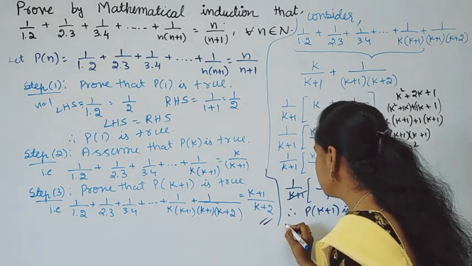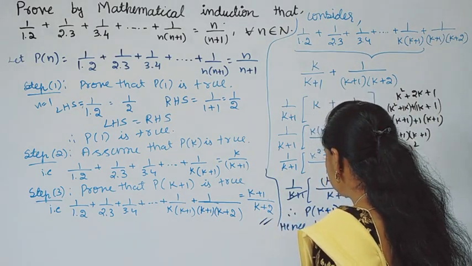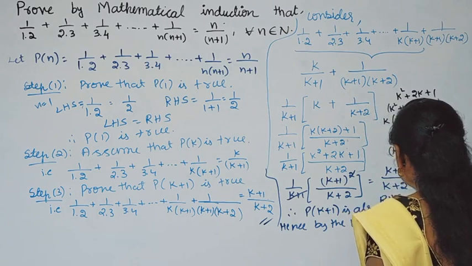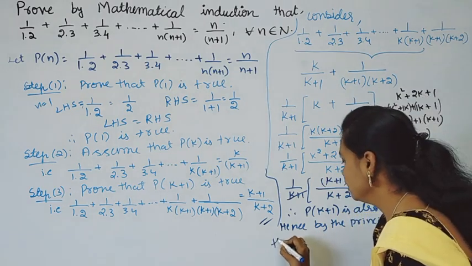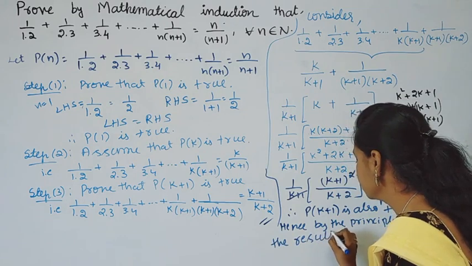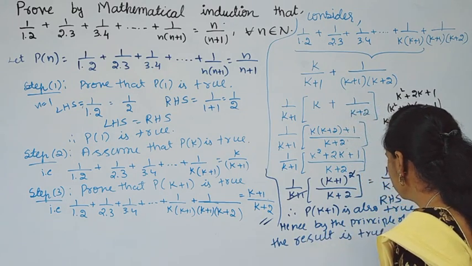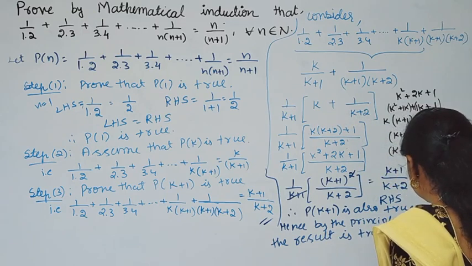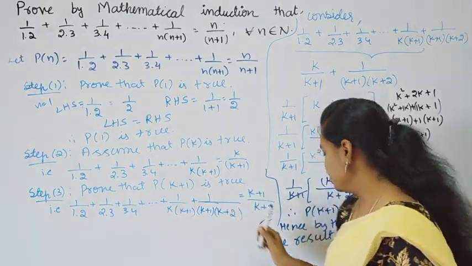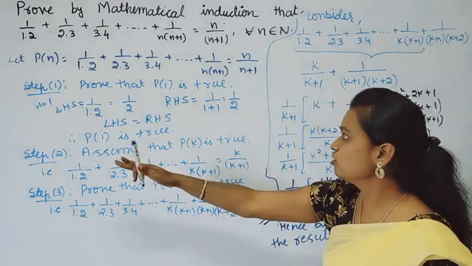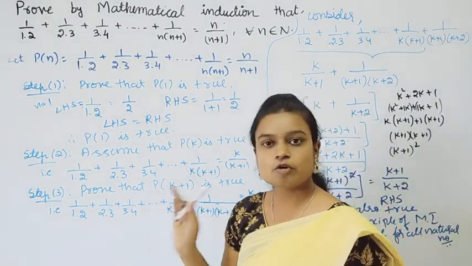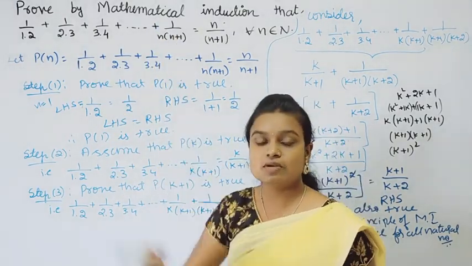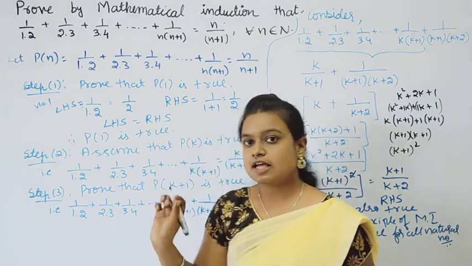At the last you must write: hence, by the principle of mathematical induction, the given result is true for all natural numbers. Understand? You must write this sentence at the end. You must follow all the steps. All problems use the same method, but the question is different. So the nth term and the k plus 1th term, getting that is important. Otherwise this problem is very